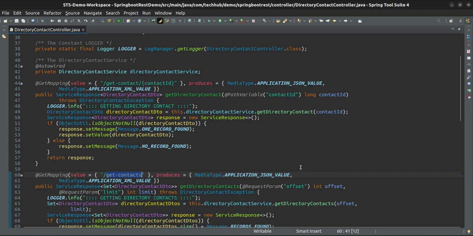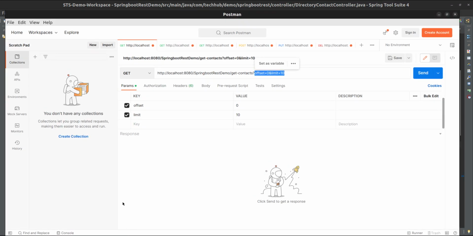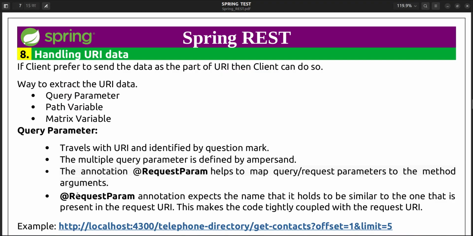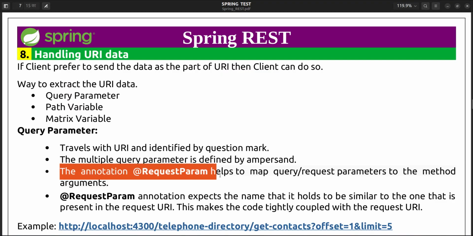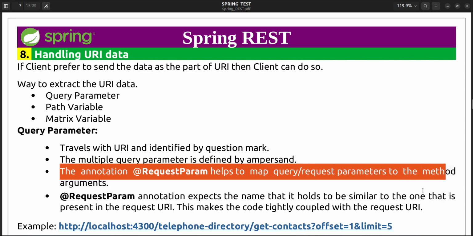So for that offset and limit, you can see RequestParam. Here the annotation RequestParam helps to map query or request parameters to the method argument.